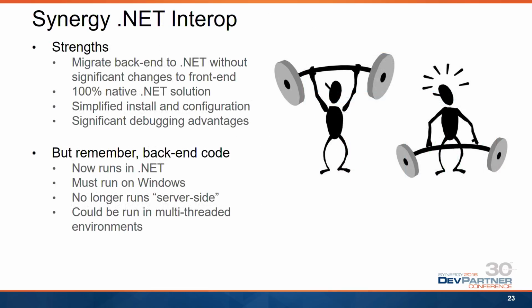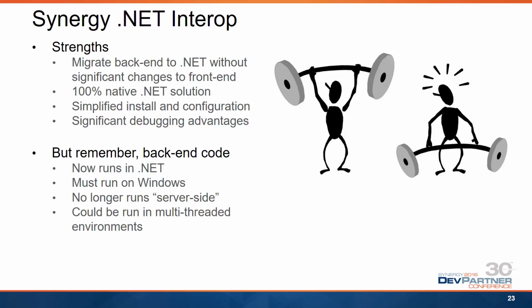So Synergy.NET Interop strengths: it gives you a way of migrating the backend to .NET without, well, it's not really a backend anymore, is it? It's not server-side code anymore. It's now just part of the application. But it's a way of migrating to native 100% .NET code without any significant changes, or possibly even any changes to the client environment. Simplified installations and configurations, and the biggest one probably is, very, very significantly better debugging and development